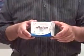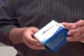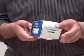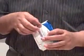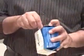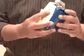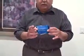It cannot be found in stores ever. It has to be through distributors. We see immediately the nice package that it has, and we see that it is aluminum recyclable material. You just open it up, you take out the pad, and it reseals again. So even if you put this under the sink or carry it in your purse, it will not cause any